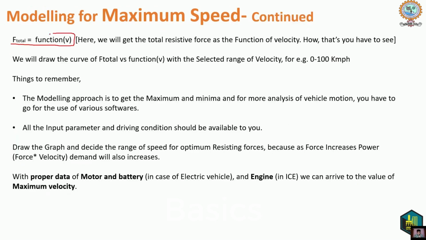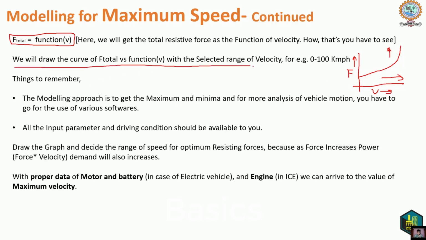Now you know force as a function of velocity. I told you in the last lecture that some of the resistive forces are also a function of velocity. Now what you have to do is draw a graph of force versus velocity. This is an analytical function, not a very complex function, so the graph can be easily drawn. Suppose this graph comes. This is not an actual graph, but just a representation where the relationship is correctly satisfied. As the velocity increases, force also increases.